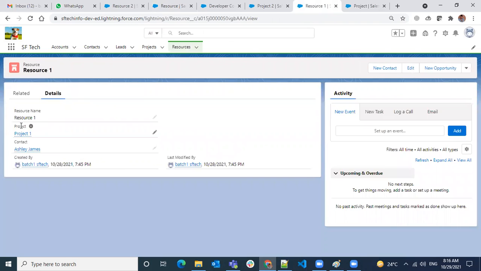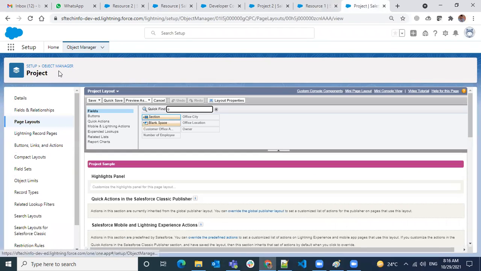See here, project and the contact. Okay, fine. Now this is a junction object, so we are not able to make this junction object a master. So how can we test that? Let's have one more object created.